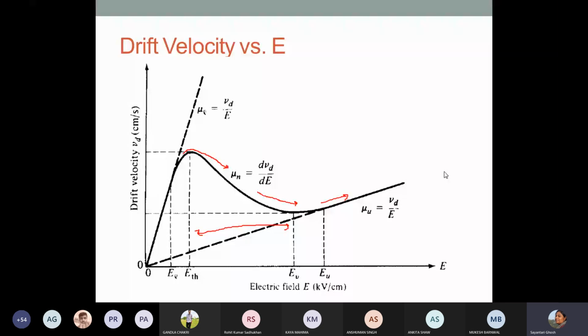As soon as you have an accumulated charge rushing and reaching the negative terminal of the battery, the current will suddenly jump and fall down again. Again, the current will jump and fall down. Periodically this is going to happen, because periodically charges are going to get accumulated, forming domains inside the Gunn diode. So negative resistance comes because of the two valleys, and because of this negative resistance, charge accumulation happens, and because of charge accumulation, the high field domains get created, which are responsible for the periodic oscillations. Does it answer your question?